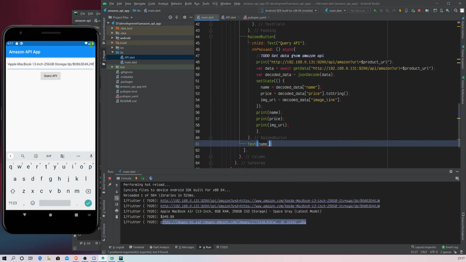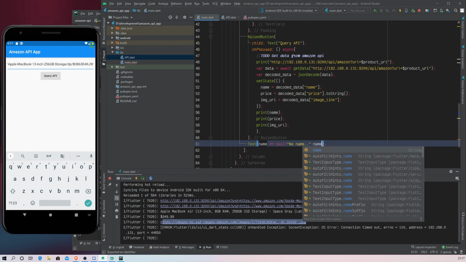If name is equal to null, which means that name does not have any value, and then a question mark. So if this is true, what should be displayed here? We'll just say no name. After the question mark until the colon, this is what we run if this statement is true, and if it is false, we will display name.